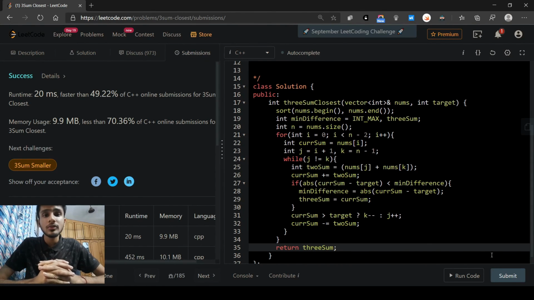And now let's talk about the time complexity of our solution. First thing that we do is sort the array, and in C++ standard library implementation, sort is implemented as a quicksort function, and the time complexity of quicksort is n log n. And let's talk about the time complexity of these loops. So the outer loop runs from 0 to n, and the inner loop also runs from 0 to n approximately. So we can tell that the time complexity for these two loops will be around n square. So the total time complexity of our algorithm would be n log n plus n square.